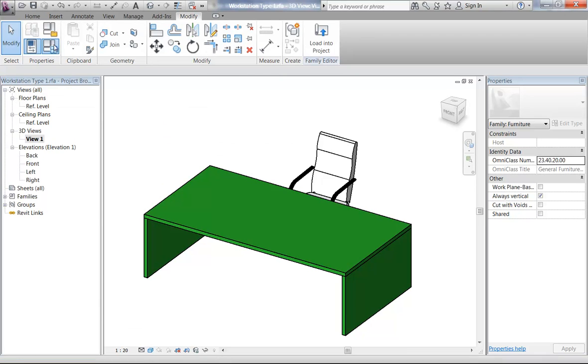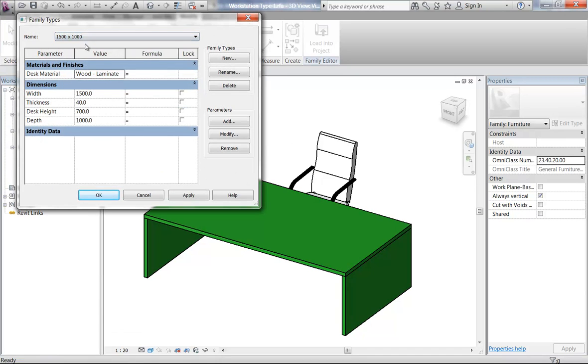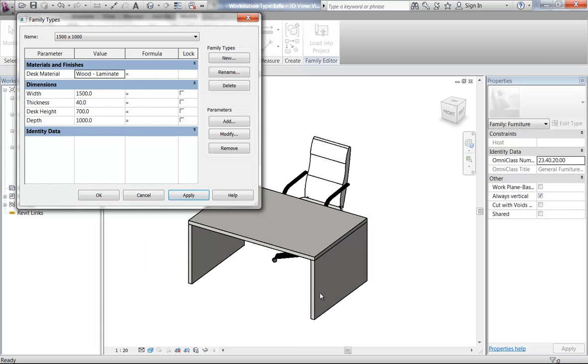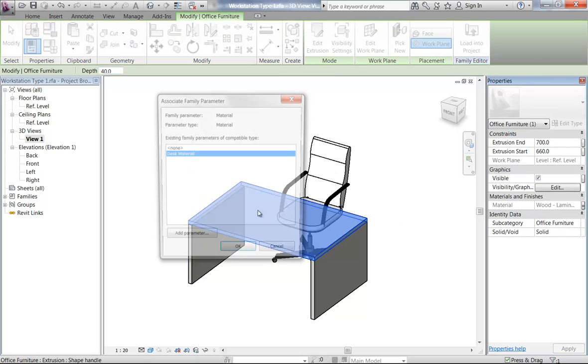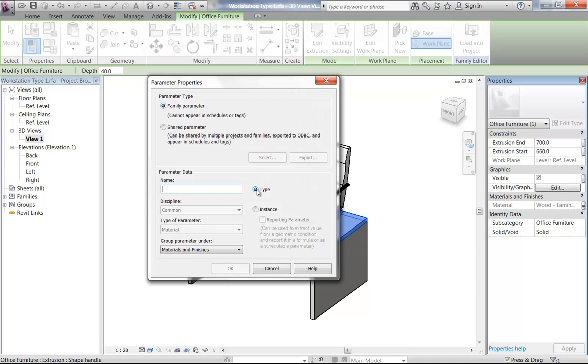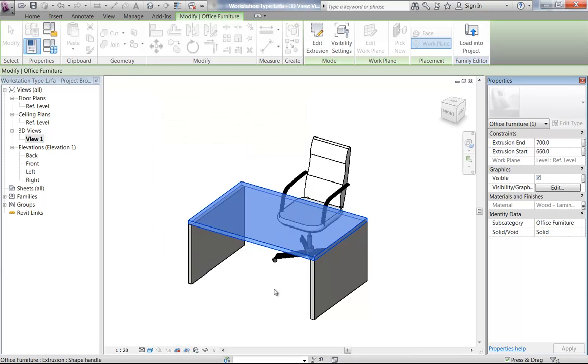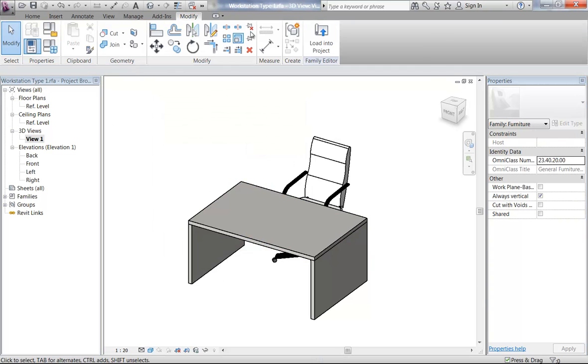Okay, so back in family types, if I change it to the smaller size, it'll also go back to being the different material. So that's what it means when you make a parameter. I'll just show you again in here. When you make a parameter and set it to type, that means the parameter belongs to the type, or the name that we're giving for that size. When you set it to instance, then you can do it by element, and that's the last thing I'll show you. So, back into the project, if I load this back in now,